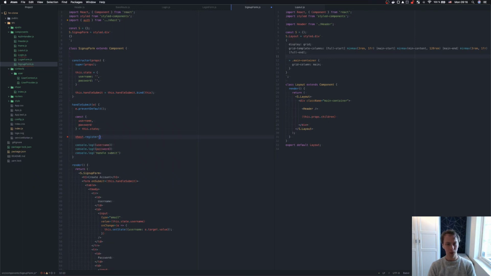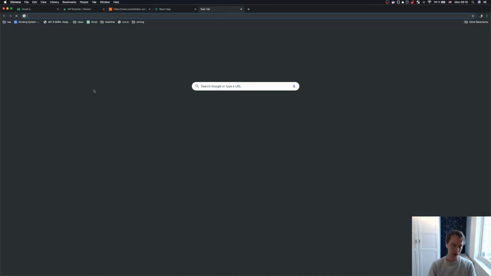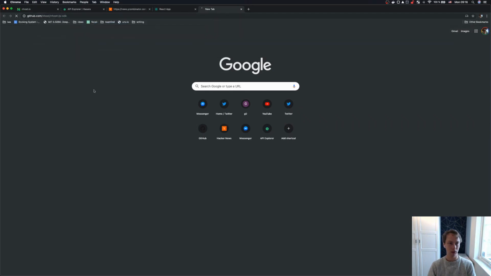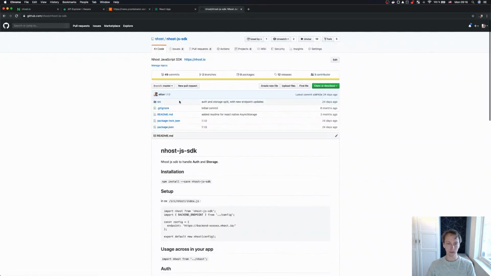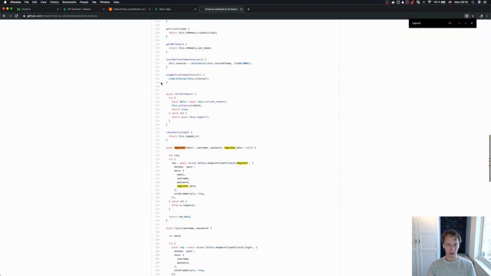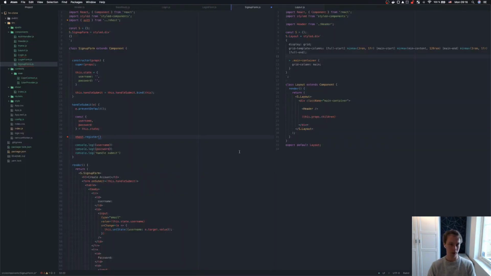So register takes a few parameters. Let's see, github.com/nhost. Let's look at the code here. Register email, username, password, and since email and username is the same here, we're gonna use it twice. We don't have any JSON data here to send in, but you can do that. And password, of course. So register username, password,